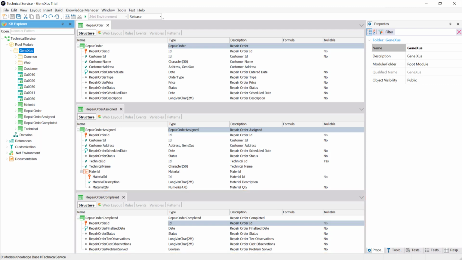Each one of these transactions will have the attributes that we are really interested in for each case. For this, all three transactions must have the same attribute as the primary key. This is what makes them parallel transactions.